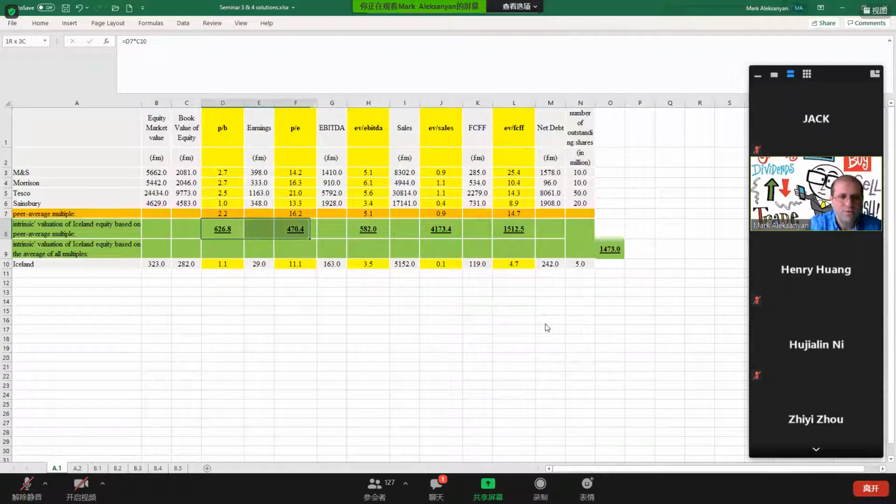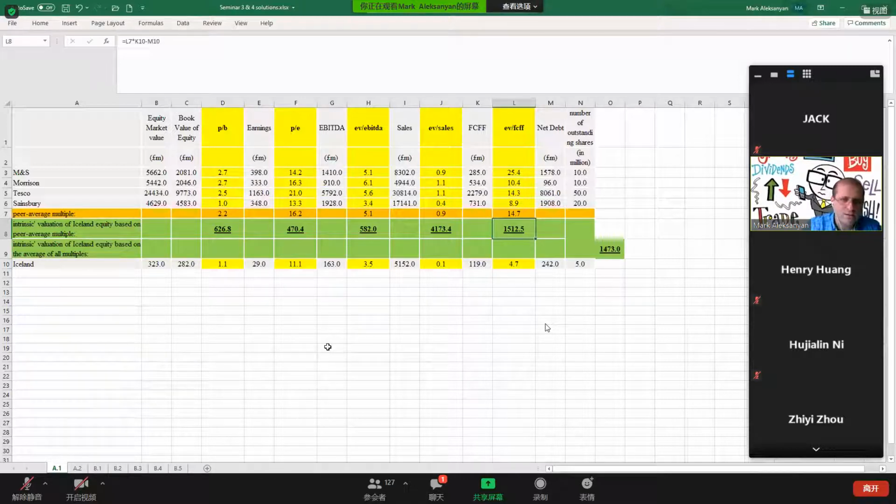So what we have in this particular case is that across all 5 multiples, we have a strong signal that our company is actually massively underpriced. Just because of this computational mistake, where I mistyped the formula, we had a massively different valuation. But now it looks like all our individual multiple valuations point in the same direction. Nevertheless,